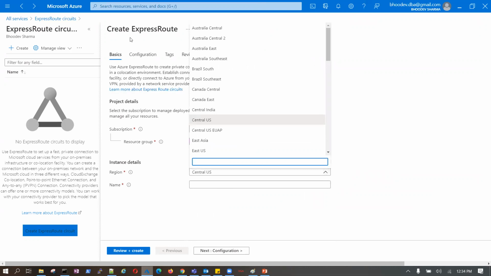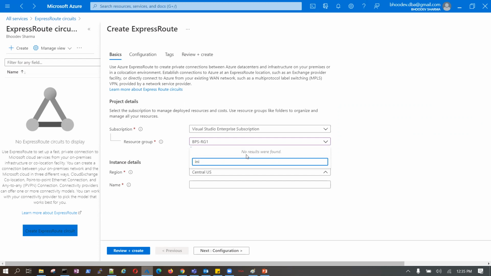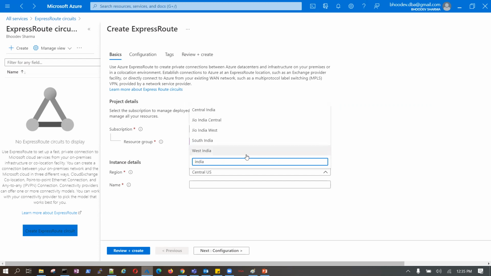Because the service provider, let's say Airtel here, needs to terminate the connection or create a Microsoft Edge point in that particular region only. If I say here is my India, and if I say this is my South India.